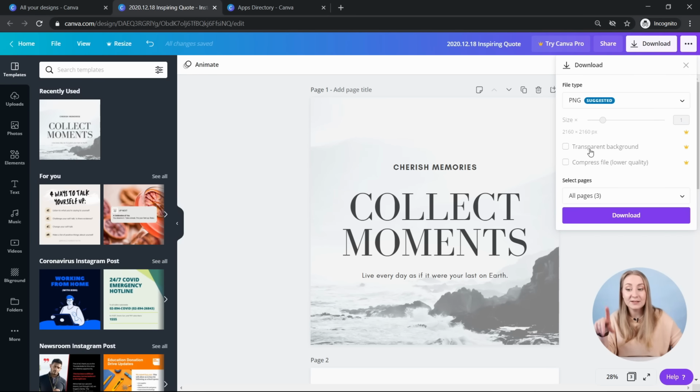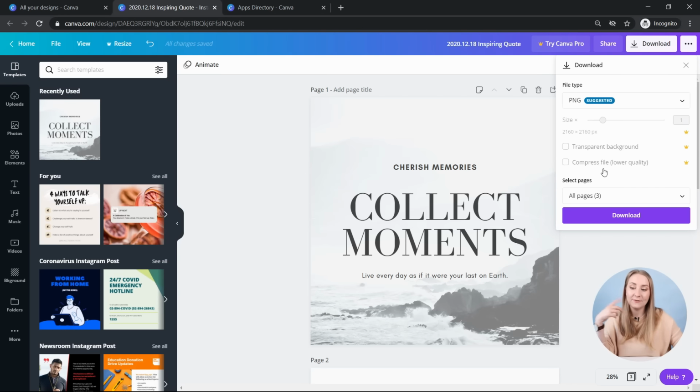Then we've got transparent background, which is quite a neat thing if you want to create PNGs without any backgrounds. It's quite useful if you've got certain elements or something like this that you want to kind of overlay. So if you're creating a PNG or something that you're creating, let's say for a video, and you don't want to have the background showing, this is where you would go. Again, available just for Pro.